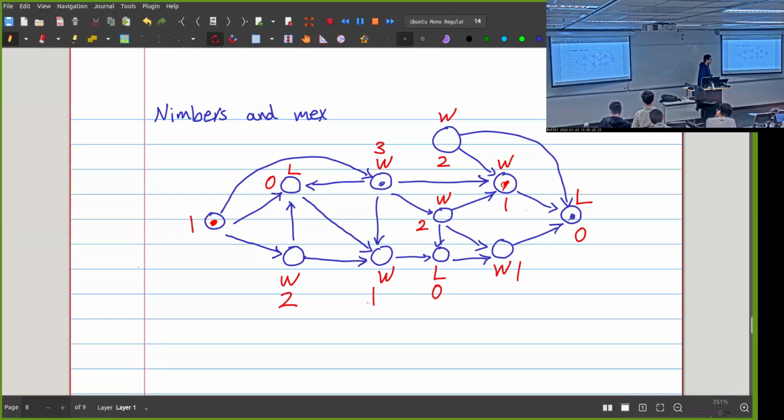Now, why is it similar to a 1 in a game of NIM? I can turn it to 2, 0, and 3, right? The important point is that in one step, I cannot turn this vertex into a vertex that has a number of 1, right? So I can turn it to 0, or I can turn it to something bigger than 1, but I cannot turn it to 1 with one step, okay? Now, if I turn it to 0, I will win the game. So that's what I would do. It would be stupid for me not to turn this into a 0,